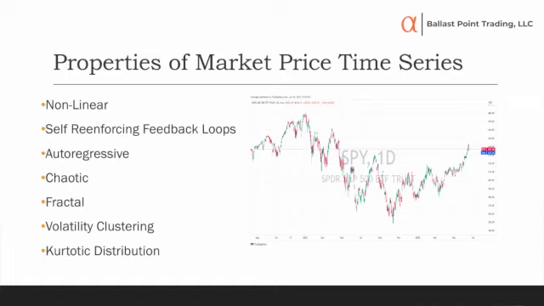Now, autoregressive, when you say that, all that means is that there is essentially memory in the data. It means that past events are connected to future events. What happened in the past affects what happens in the future. That should make perfect sense to you as a trader when you think about the markets. We have memory, and we remember what happened before, and we apply that to what happens in the future. Whether or not it helps us or not, it does. The past does influence the future.